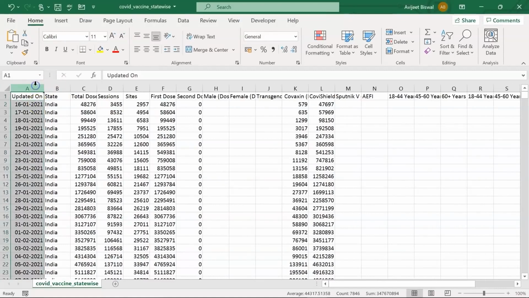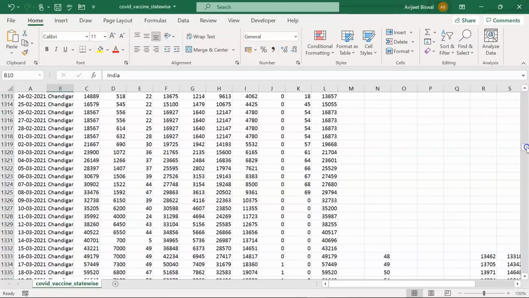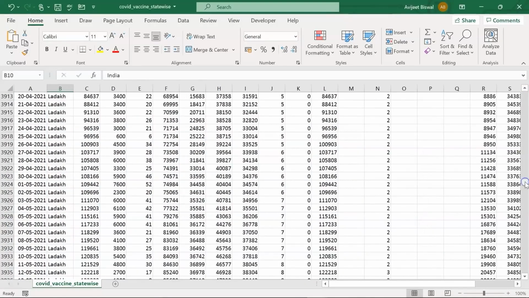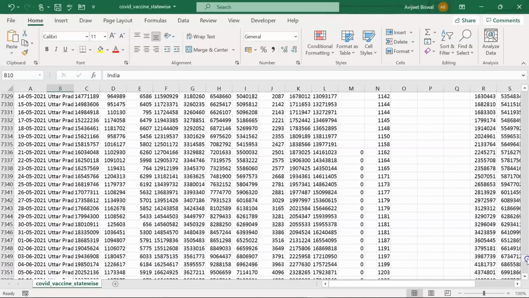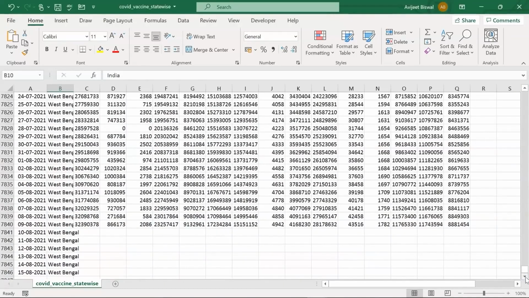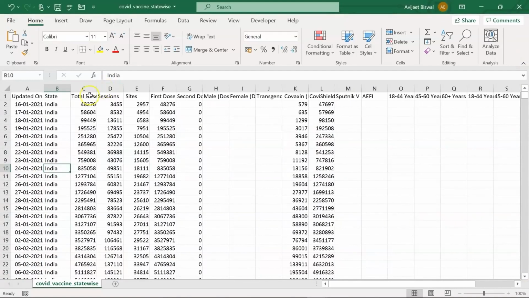This is the second data set that we'll be using in the Python project. You can see we have a column called updated on, then we have the state. Again, you can see there are a few discrepancies here. It has taken the country name and not the state name. Below you can see the different state names, and you can also see we have information about the